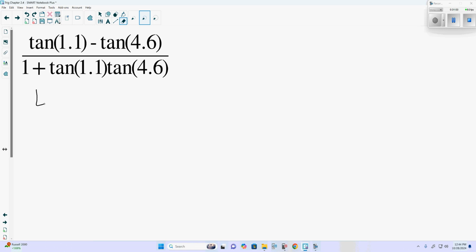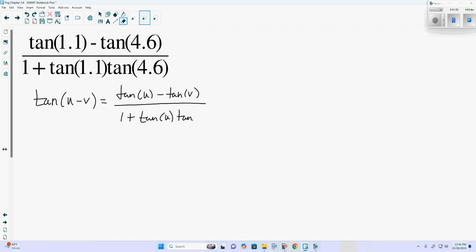But our subtraction, tangent of u minus v, is tangent of u minus tangent of v over 1 plus tangent of u tangent of v. This lines up more with our difference because we do have the plus on the bottom and the two tangents are being subtracted. Now this does tell us that u is 1.1 and v is